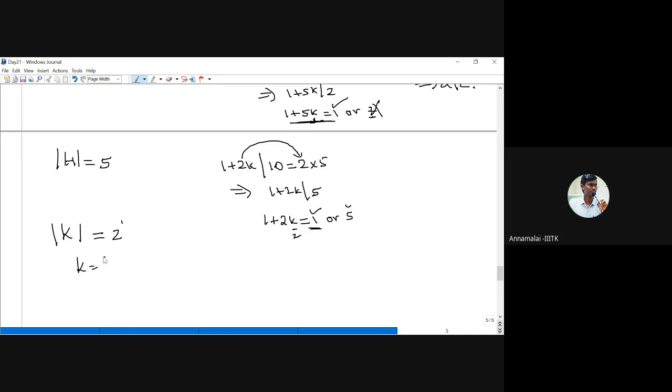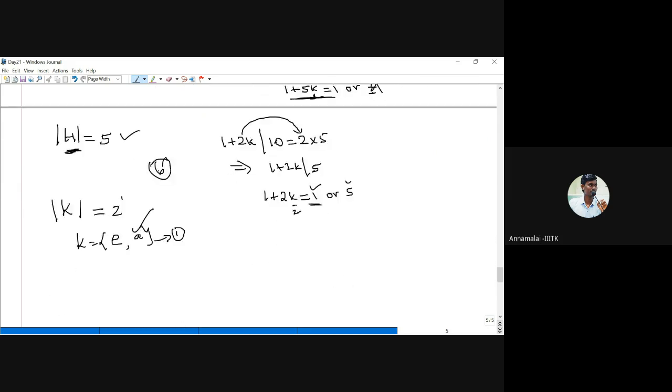Since K is a subgroup, it should contain the identity element, and then one more element, maybe we take a. Now here we have 2 elements. Actually, we have to take only 1 element, because we already counted the identity element in H, because H is also a subgroup. It contains the identity element. So we have only 6 elements. Already we have 5 elements here. Now we produce one more element a. So we got only 6 elements. But the group contains 10 elements. Therefore, if you take only one 2-Sylow subgroup, you will not get the entire group.